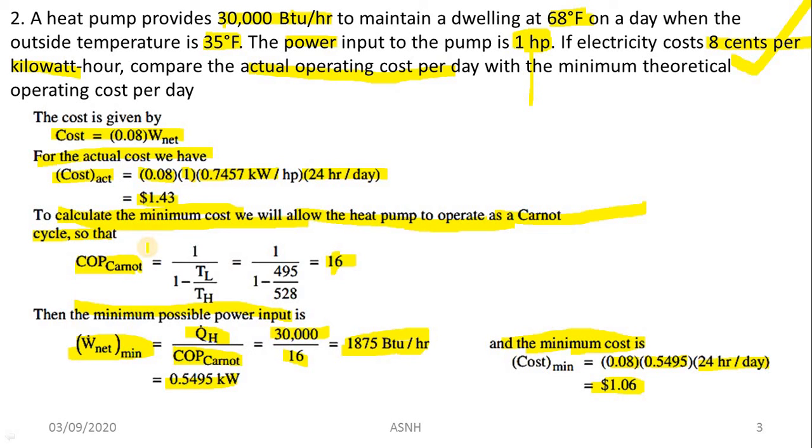In order to calculate the minimum cost, we calculate the Carnot COP. Carnot COP is nothing but lowest temperature upon highest temperature minus lowest temperature, and we get the answer. Similarly, by using another formula of the Carnot COP, that is heating effect upon work input to the device, and by rearranging the terms we get the work required, that is the power input to the heat pump. In order to calculate the minimum cost, I put in all values, that is the multiplication factor of 8 percent, then the work input to the device, into 24. I get the answer of the minimum cost required per day.